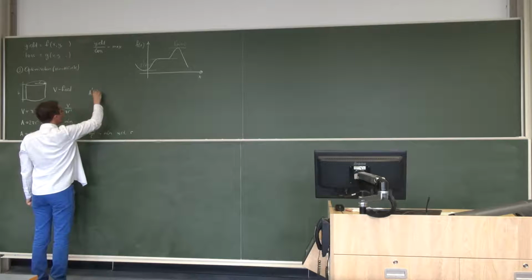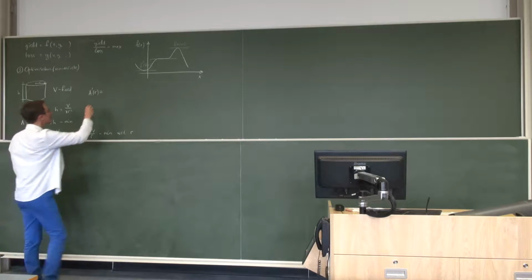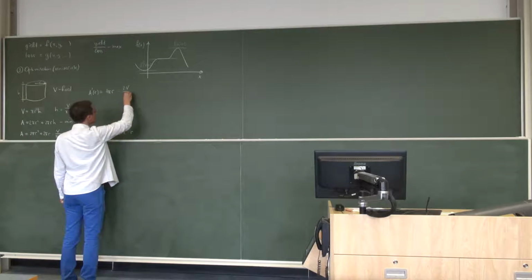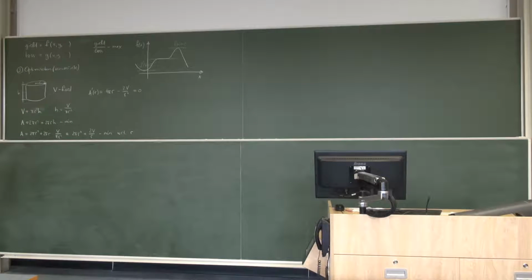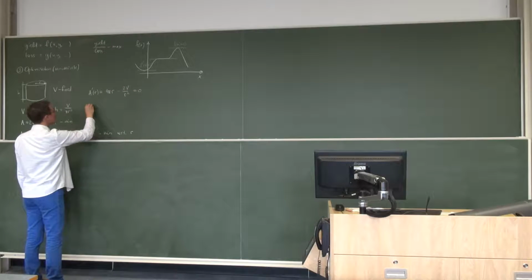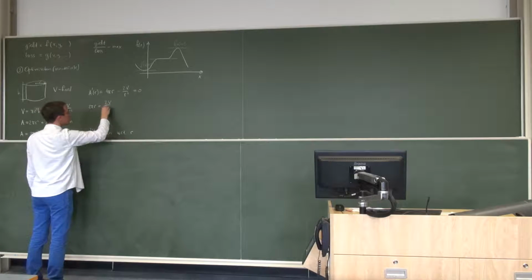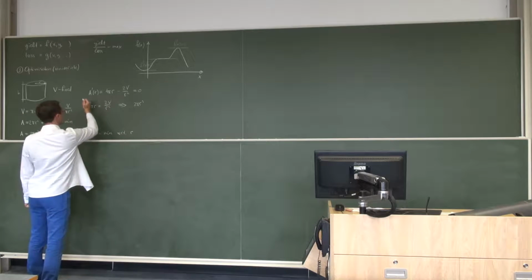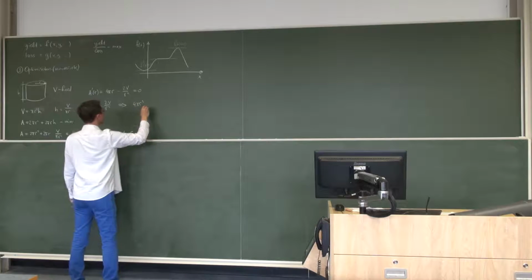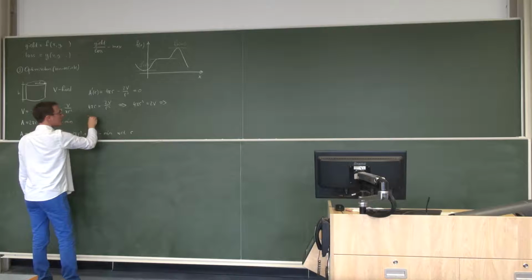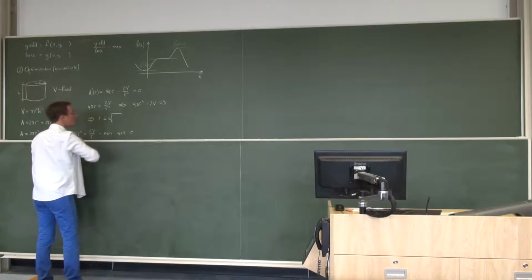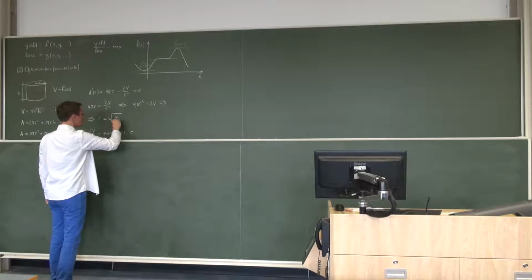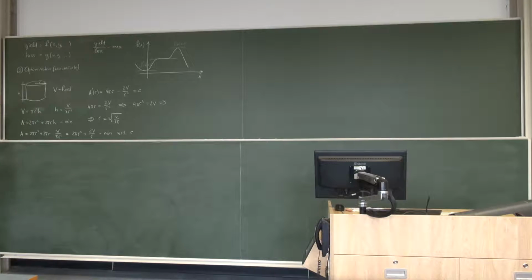So A prime of r, 2 pi r squared prime, 4 pi r, and then minus 2v over r squared. That to be 0. Well, that's easily enough solved. We move that over here, so 4 pi r equals 2v over r squared, multiplying both sides by r squared, 4 pi r cubed is 2v, which means that r is the cubic root of v over 2 pi. And obviously we want the positive version of that